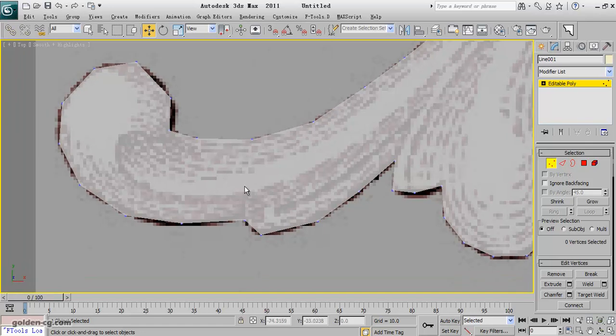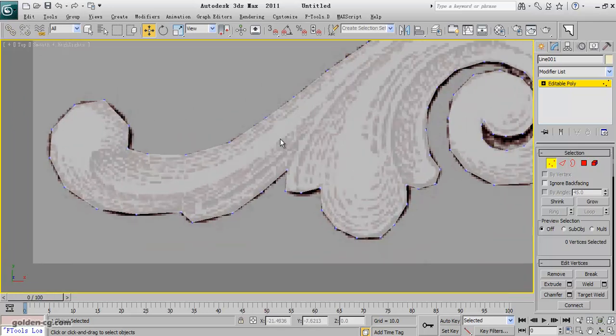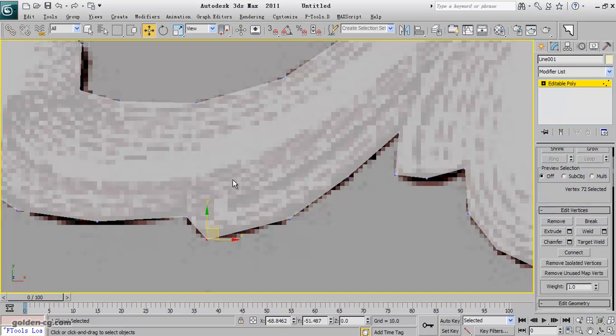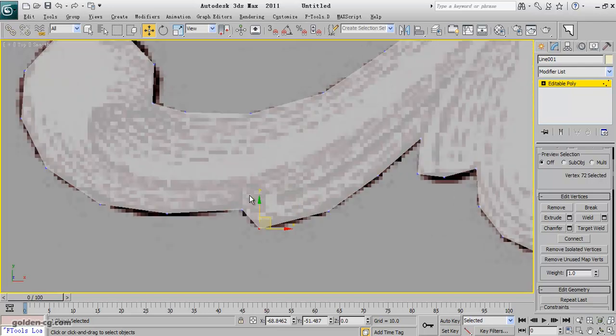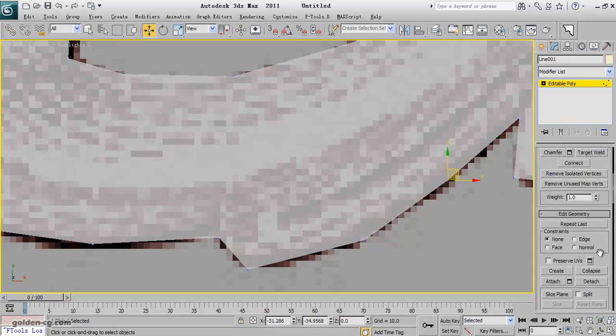Now I need to create the line and the connection between these vertices, and if there is any place that I need to create more vertices and faces, I will just add them. That's why at first I just created a schematic, and I didn't care so much about where and how many vertices I was creating. So I will use the cut,